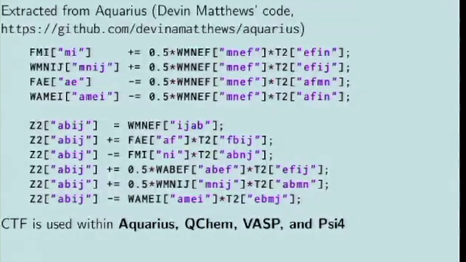We both started working on this domain while we were interns at Argonne, now 6 or 7 years ago. So he's a quantum chemist at UT Austin, and he developed this framework on top of CTF, leveraging it to do each one of the tensor contractions, and really CTF dominates the cost of his work. But here you can see that equations that involve contraction of two fourth-order tensors, that would have normally required one to write 6 nested for loops and then manually do a parallelization over some subset of the indices, are now just written as one line of code, and the framework takes care of doing all the work of parallelization